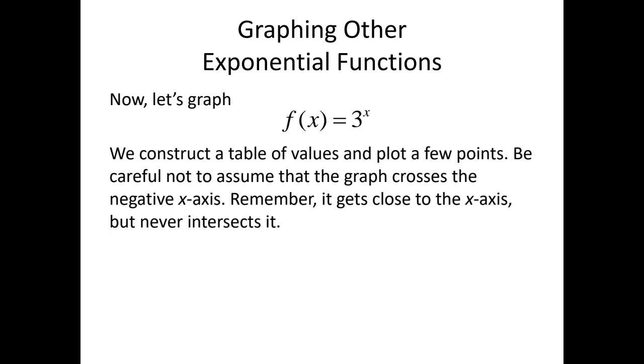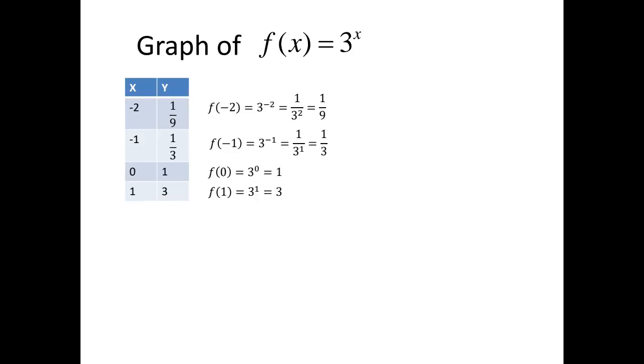Okay, so we're going to go ahead and graph some of these. To graph it, we can construct the table like we did in chapter 1. If I pick some numbers for x, if x is negative 2, and I plug it in for my exponent, we get 3 to the negative 2. To deal with this negative exponent, I can rewrite it as 1 divided by 3 squared,